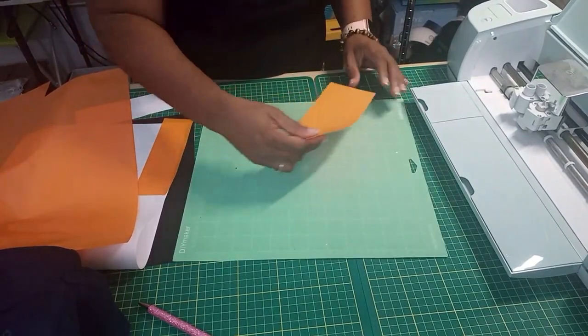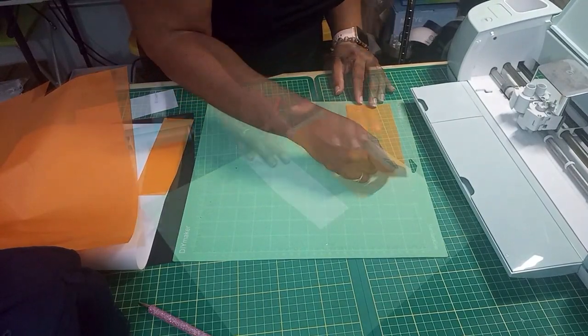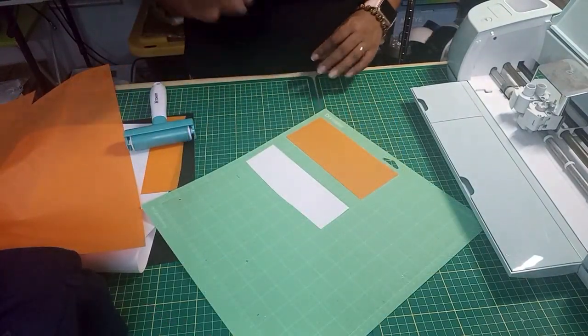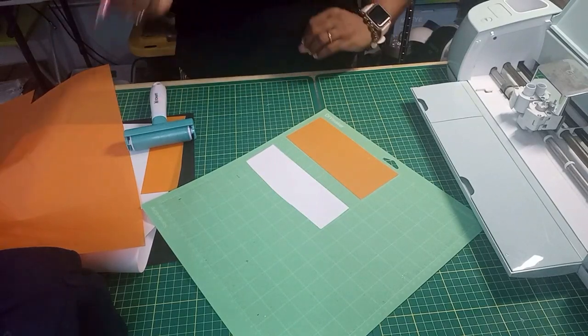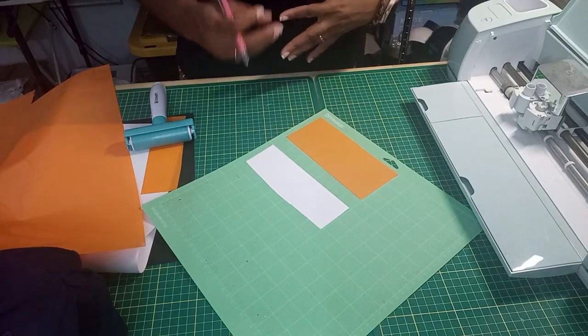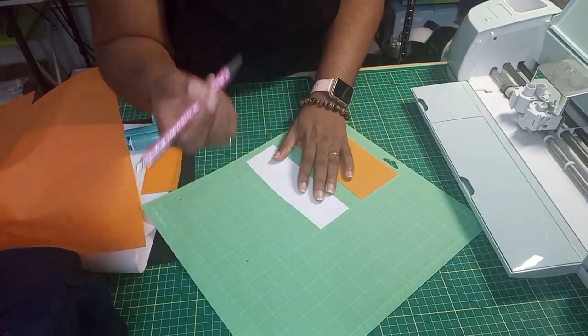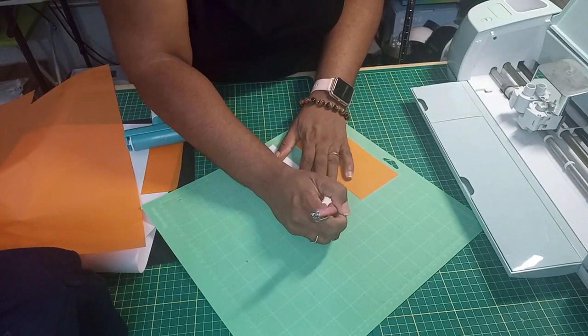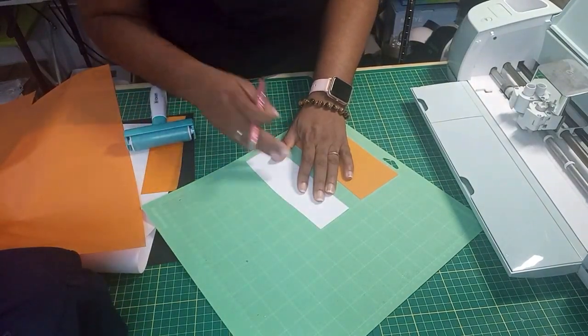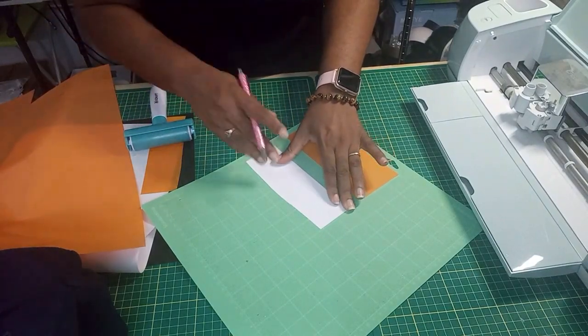All right, so let's go ahead, and we're putting down our orange vinyl first. We have it laying matte side down, and if you're not sure which side you need to cut on, just go ahead and use your weeding tool and pull up a corner so you see which side is going to be your peel side. All right, so the shiny side is